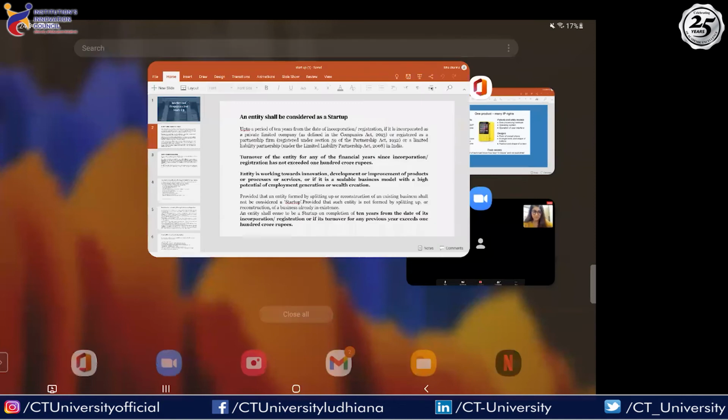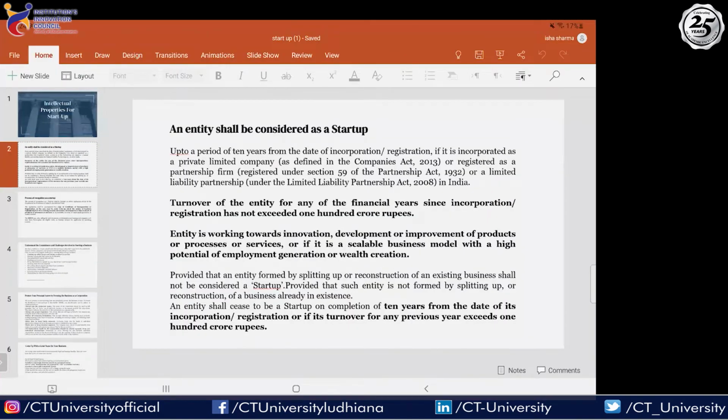Now, other than that, there are certain points that you have to take care of whenever you are working on any idea. So either you will form an entity of your own, so it can be a startup registration, or it can be that you are working with certain organization, so you will be called an inventor, but the ownership will lie with the entity or the organization or university that you're working with. So accordingly, you have to take care of certain aspects when you are working on the idea.